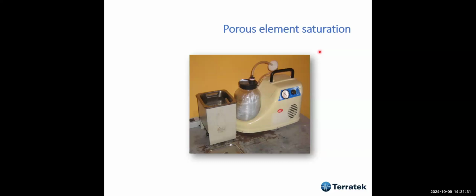Also, what's very, very important is the porous element saturation. This is not simple. I'm going to talk about this. You have to ensure that the porous elements are saturated. And what we used to do, this sonic bath to clean parts. Usually we put in the sonic bath the day before. Then we left in this